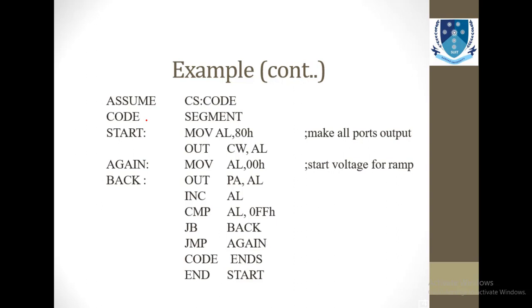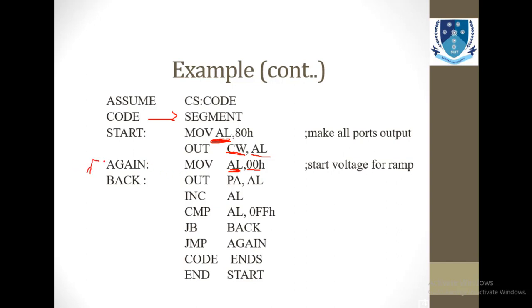This code basically starts from here, the segment, and in the first line of the code you see that we have to make all ports as output. Port A is converted into the output, and that is now shifted to the CW. And then we have to give the RAM function or RAM input to that AL that is declared as output in the upper slide. So this starts the looping.